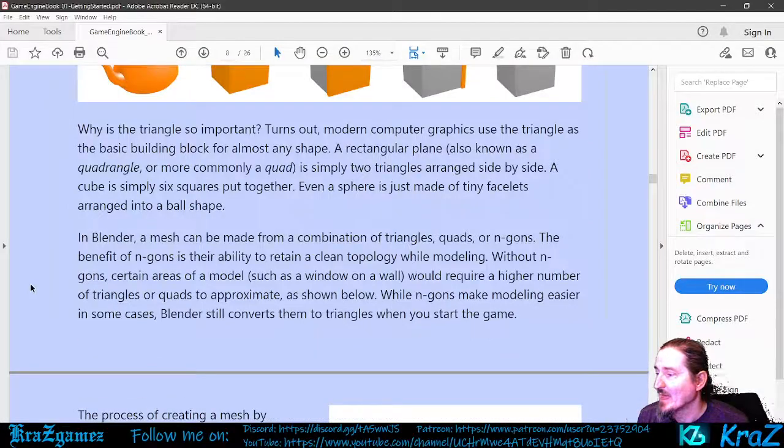Okay? All right, why is a triangle so important? Okay, there is a big time debate on this. Why is a triangle more important than a quad? Okay, you'll find out what a quad is here in just a minute. But to all those people who would rather use a triangle, to all those people who would rather use a quad, hey, I feel you. Okay, I got you. I understand. Turns out modern computer graphics use a triangle as a basic building block for almost any shape. A rectangular plane, also known as a quadrangle, or more commonly a quad, a square,